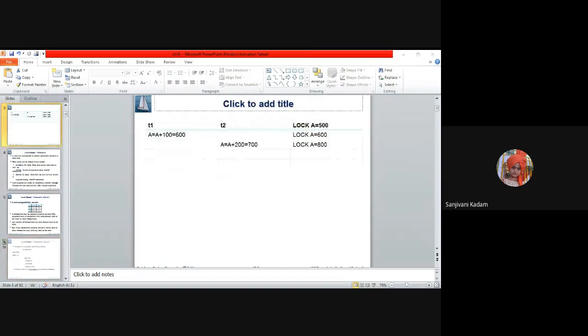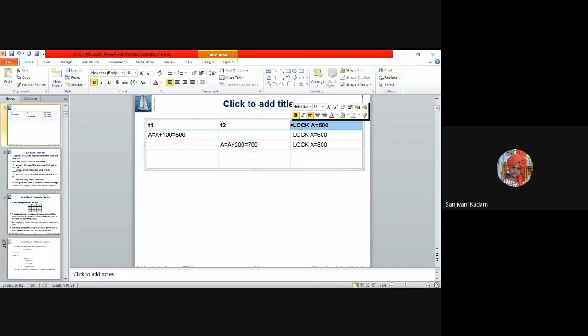Consider that transaction T1 is requesting an exclusive lock, transaction T2 is requesting a shared lock, and the lock is held by some transaction T3. Then the concurrency control manager will decide whether to grant the request of T2 or the request of T1.